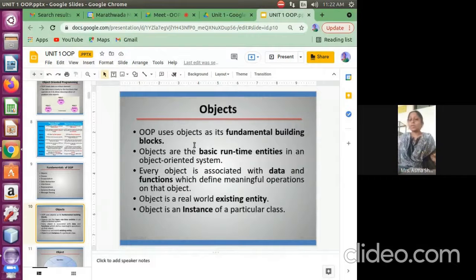OOP uses the object as a fundamental building block. It's a theory concept. As a theory concept, we can say it's a building block.